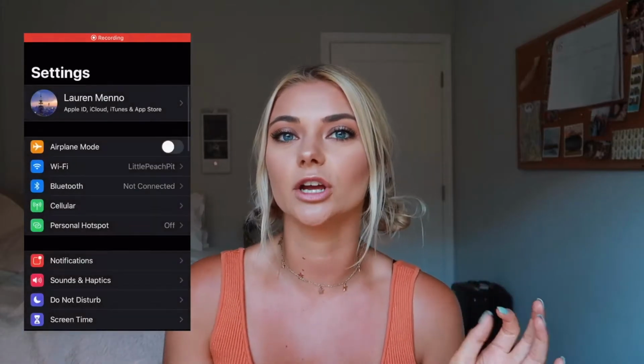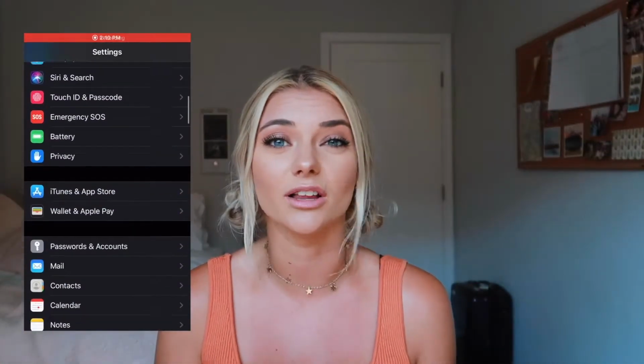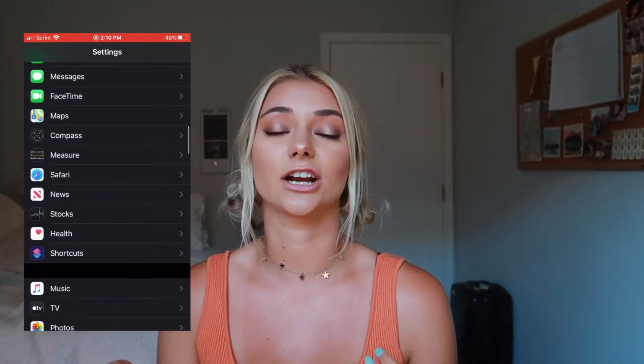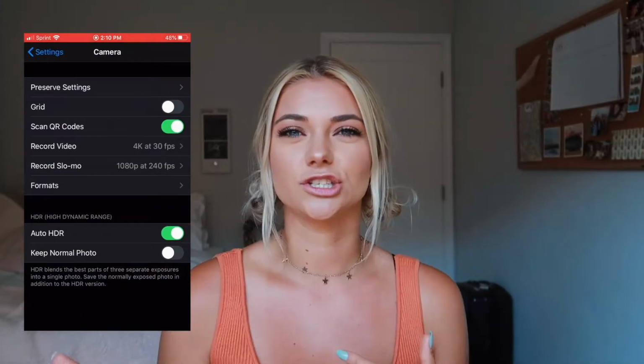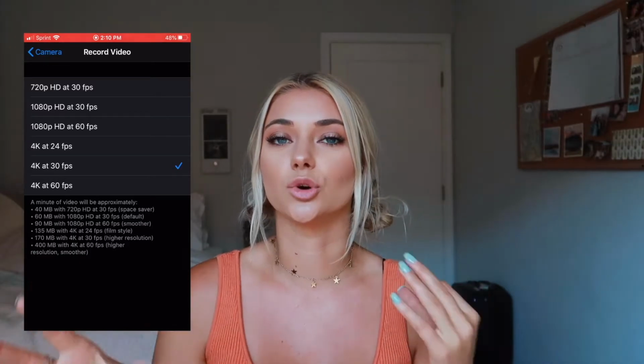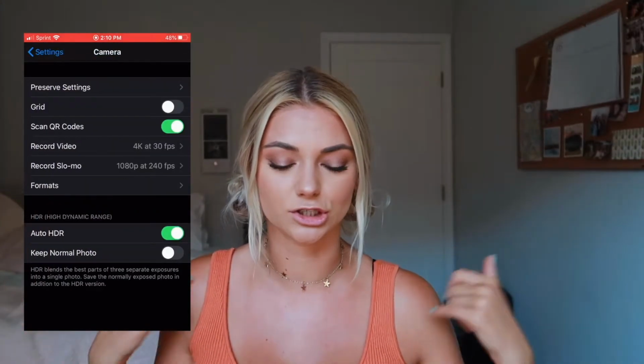If you are using your phone, just try to use the back camera. Your front camera just doesn't have that great of quality, and when you're on the back camera you can actually turn up the quality if you go into the settings on your phone, which is super nice. Just know that the higher you go, the more storage it's going to take up. I didn't know that at first, so I just went with the highest one, and it took up all of my iPhone storage. But you definitely don't need a camera.